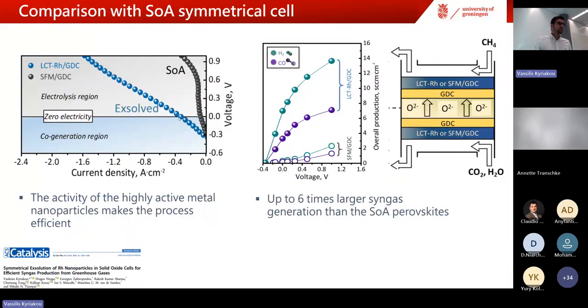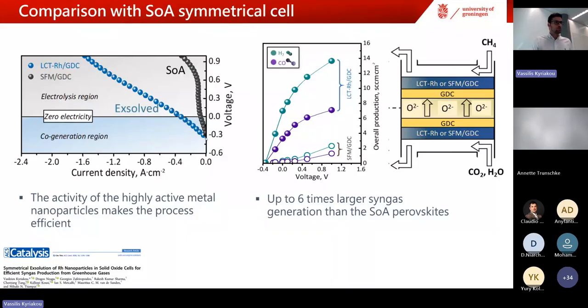You see here with the blue curve the voltage required, the cogeneration region, practically the short circuit region on this line, and electrolysis. If you take the best perovskite out there, like a double perovskite, like SFM, strontium iron molybdenum, and you check the concept like it was in literature, we observe this curve. Okay, there is some effect, but the currents are very, very small. And particularly if you are not reaching close to 0.9 volts, you are not producing a significant amount of synthesis gas.